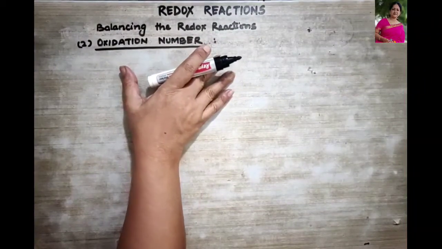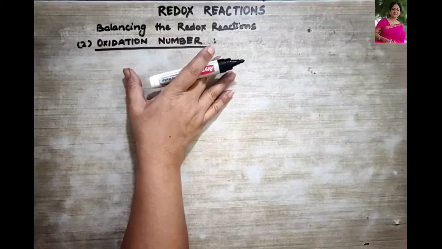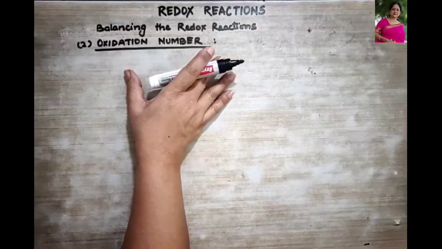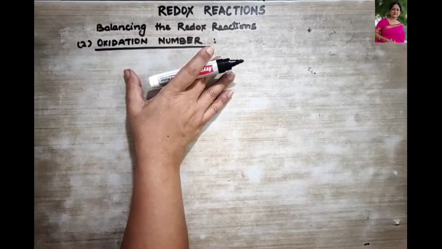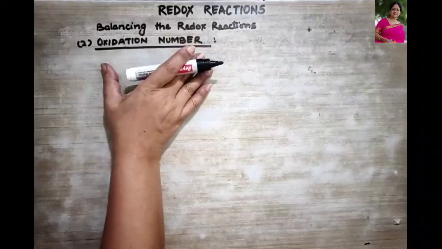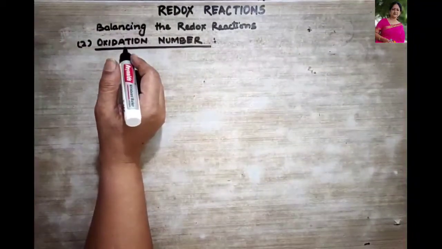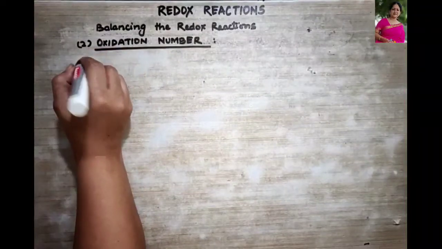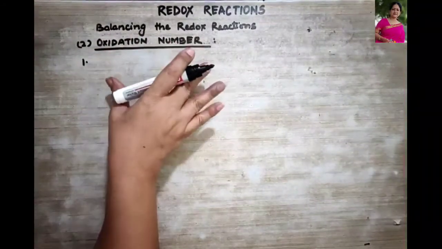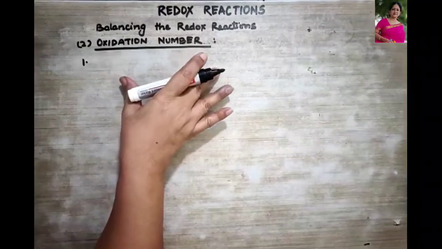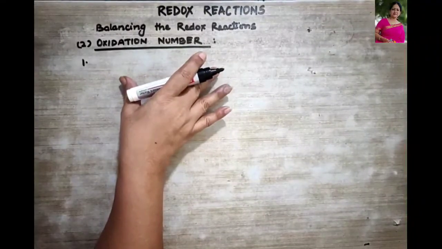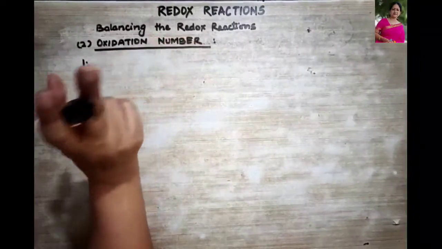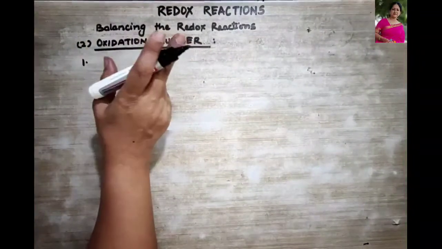Before I give you some examples to balance the redox reaction, let us first understand certain rules that we need to follow to balance the reaction according to oxidation number. I'm writing down the rules over here and after that I'll pick up some examples. First, we need to study the skeleton equation that is given to us. After that, we assign the oxidation number to all the atoms in that equation.